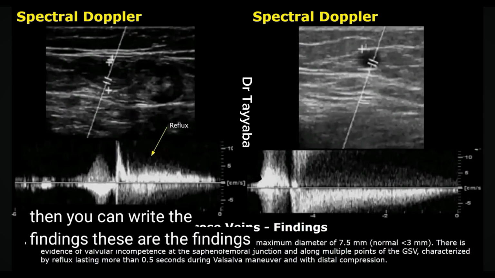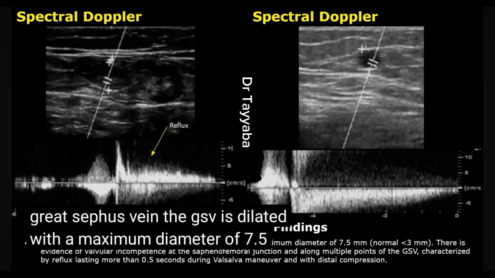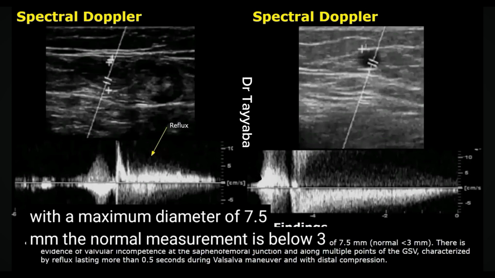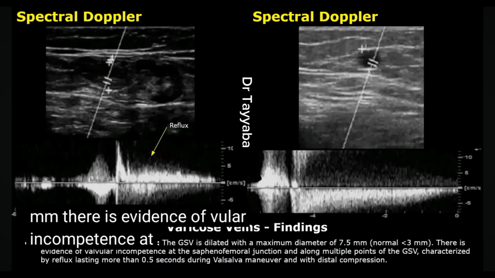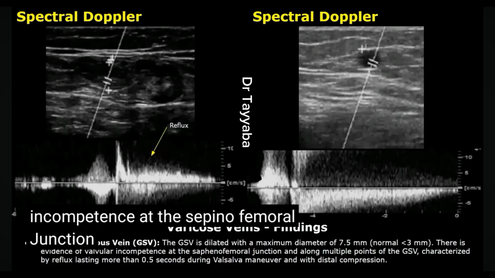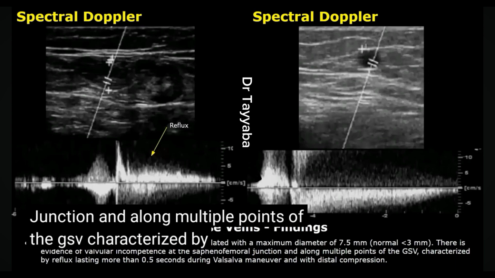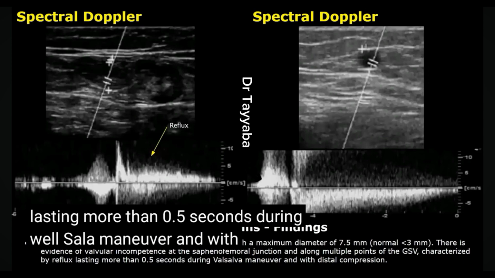Then you can write the findings. These are the findings of the great saphenous vein. The great saphenous vein is dilated with a maximum diameter of 7.5 millimeters. The normal measurement is below 3 millimeters. There is evidence of valvular incompetence at the saphenofemoral junction and along multiple points of the great saphenous vein, characterized by a reflux lasting more than 0.5 seconds during Valsalva and with distal